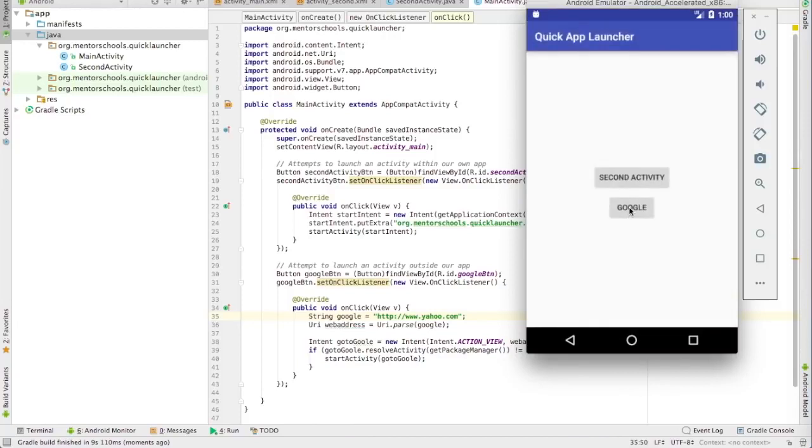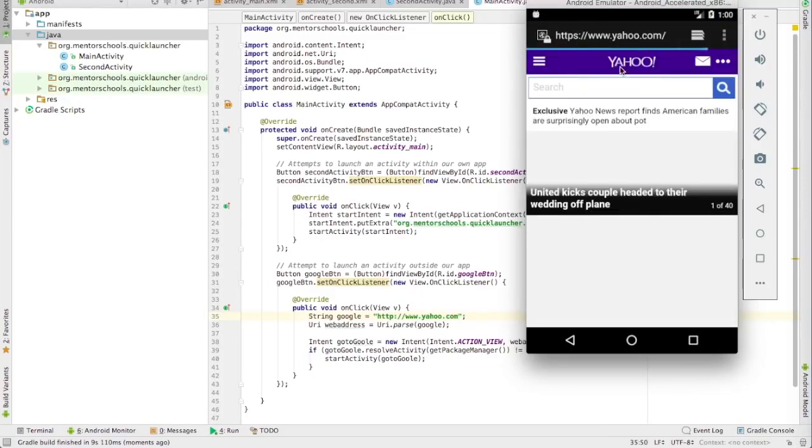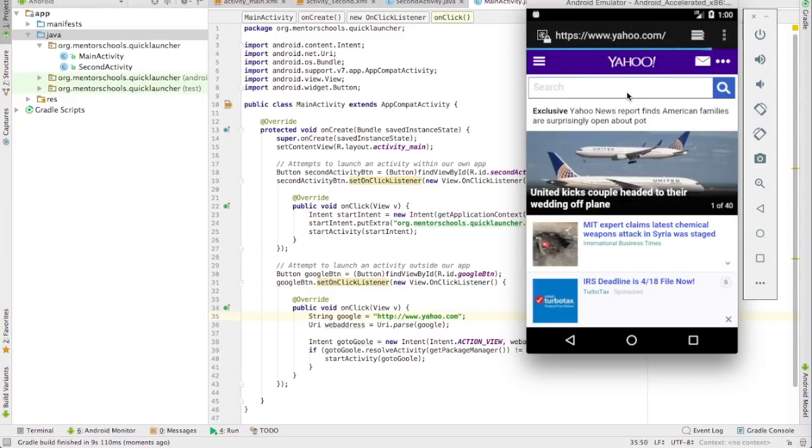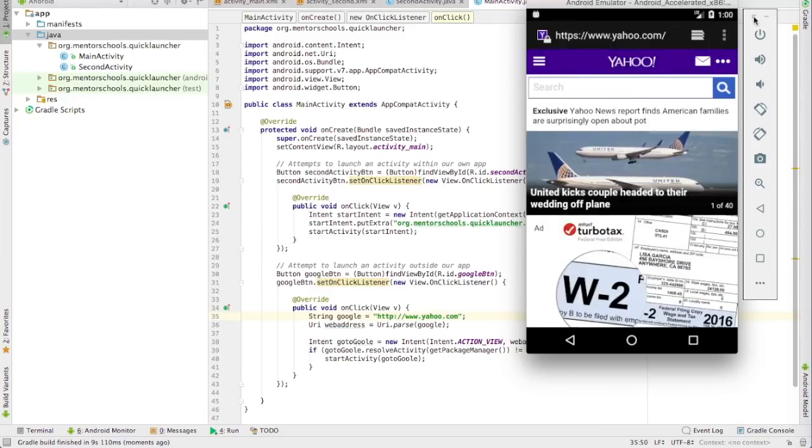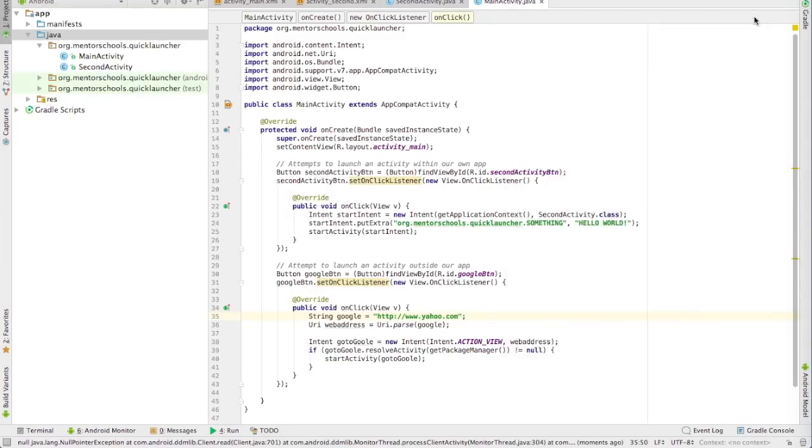And up we come again. So I'm going to click Google, and this time I expect it to go to Yahoo. And here it did. It went to Yahoo. Okay, so that right there is an example of launching an activity within our own app and an activity outside